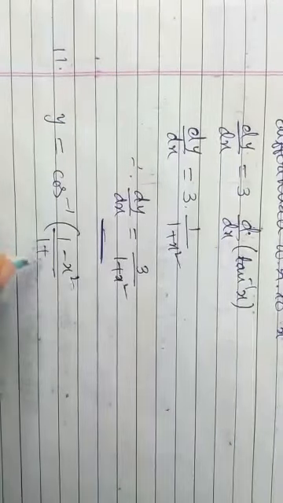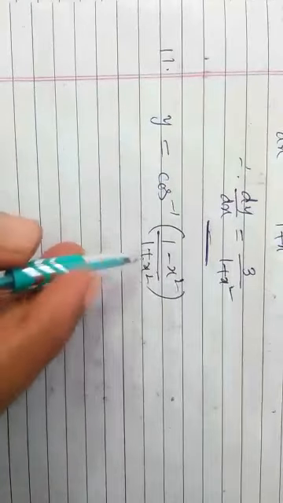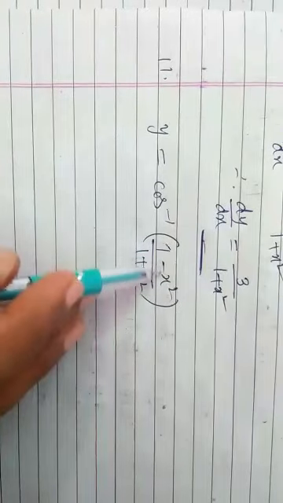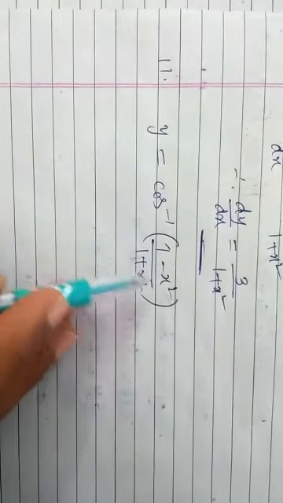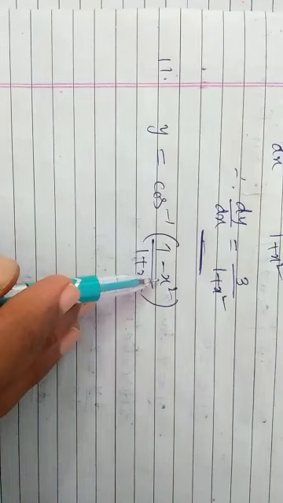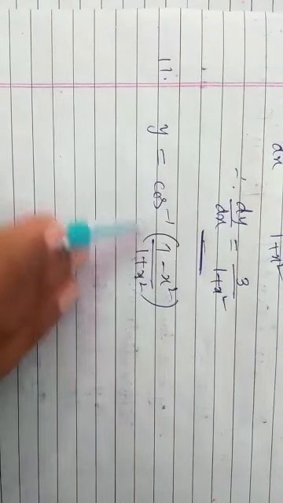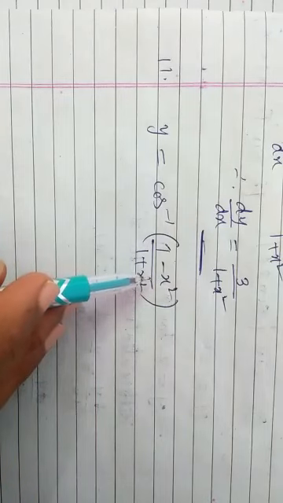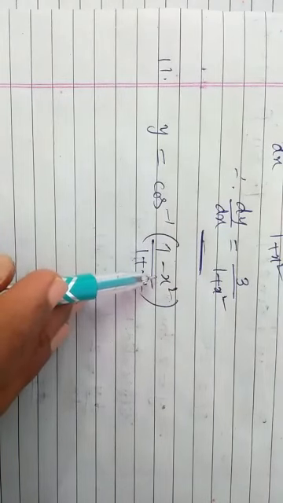And one more problem, guys, the 11th one, that is y is equal to cos inverse of 1 minus x square by 1 plus x square. So what I said to you: by observing this expression 1 minus x square by 1 plus x square, by keeping any parameter, we have to think what type of cos function will come. By keeping sine, cos, or tan, we choose whichever is apt for this expression.